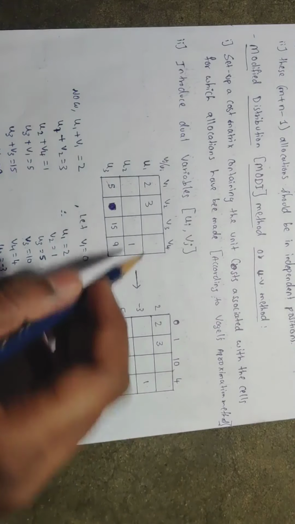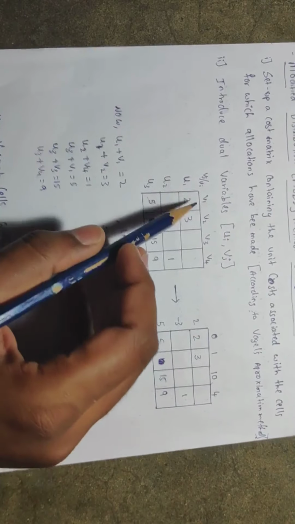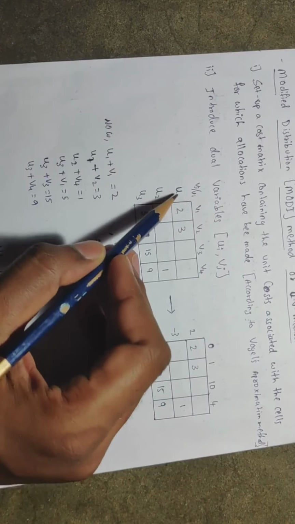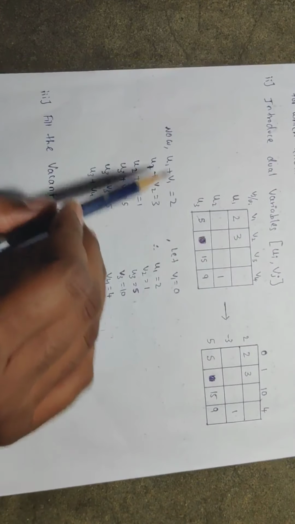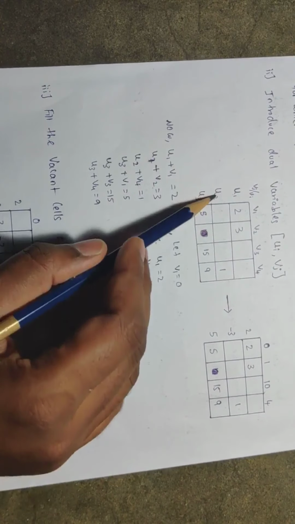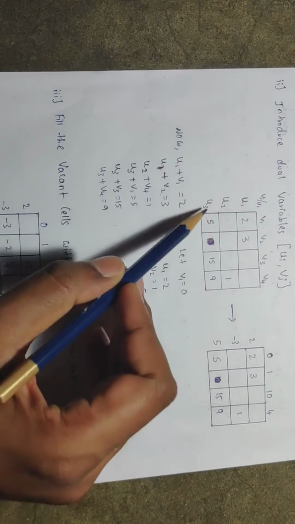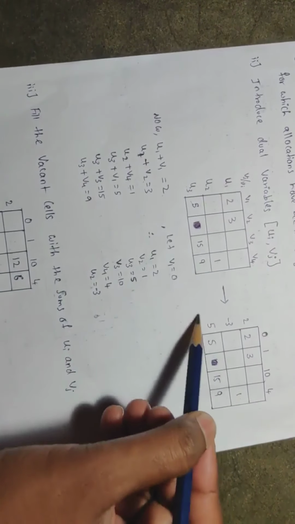Now what we have to do here, taking this as a stage, what this 2 is representing is the cost of that cell, right? Going from u1 to v1, the total cost is coming as how much? 2. So I have stated u1 plus v1 is equal to 2. Let us take the second one: u1 plus v2 is equal to 3. Same, u2 plus v4 is equal to 1. Similarly, u3 plus v1 is equal to 5, u3 plus v3 is equal to 15 and u3 plus v4 is equal to 9. Please remember, this is a very important step. We have to follow the same procedure for all the problems.